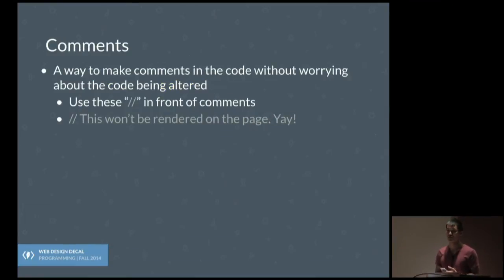Another thing that I think is really important to know is comments. Just like previously within HTML, how there were those comments. Like I said, code is for humans and not really for computers. So if you want to write down things that are important, be sure to comment them in. Or if you want certain things to not run, just comment it out.